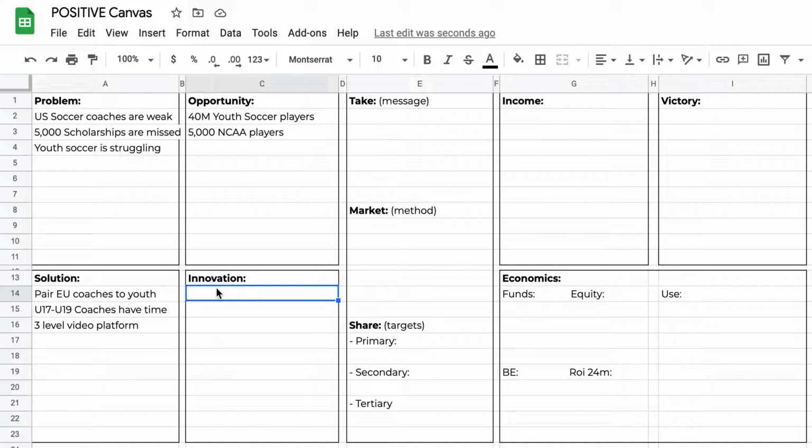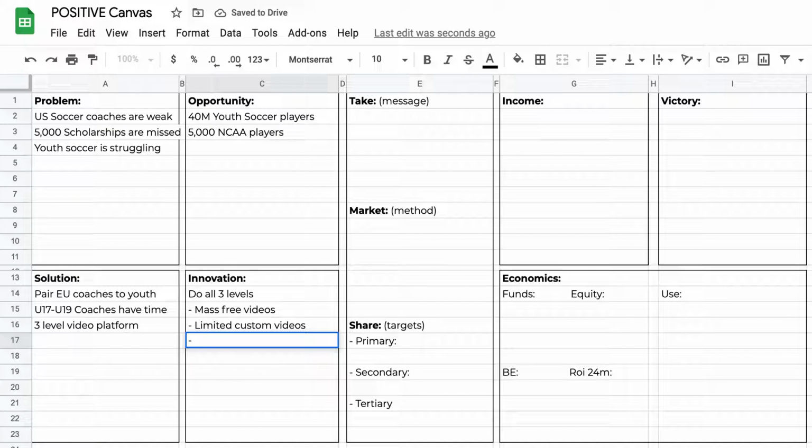It doesn't scale well. So the 3 level is what's really intriguing here, where we can do all 3 levels, meaning, so this is where you provide some context. You kind of teased it before, and you say we're going to do mass free videos, then we're going to do limited custom videos. So this is where the coaches would build videos for a group of kids, say 100 goalies or keepers or 100 strikers, right? So they can do certain custom videos for certain pools of kids. And then there is private,